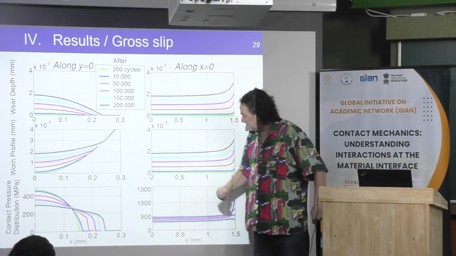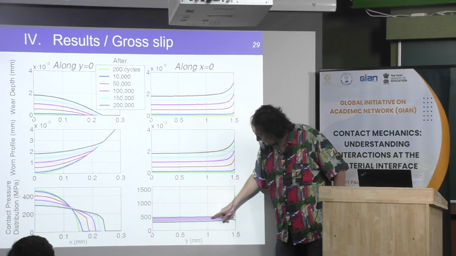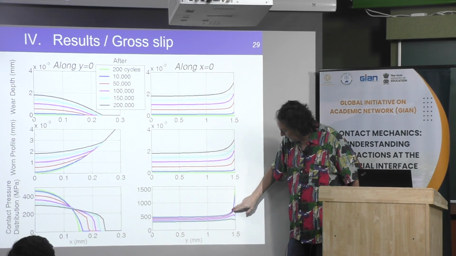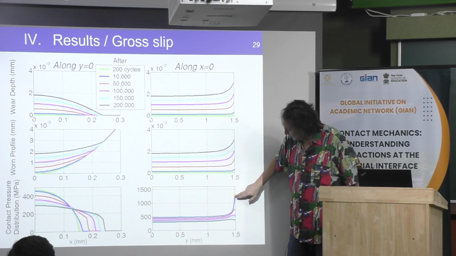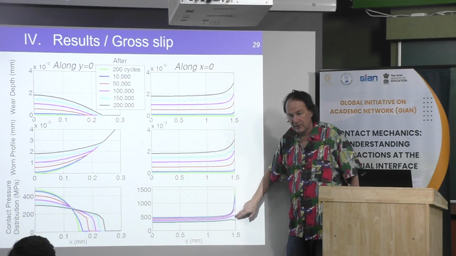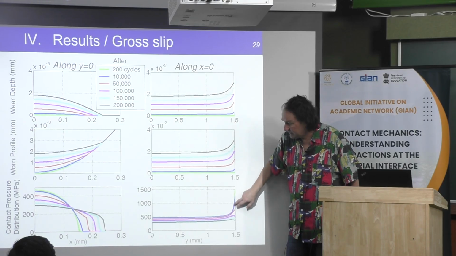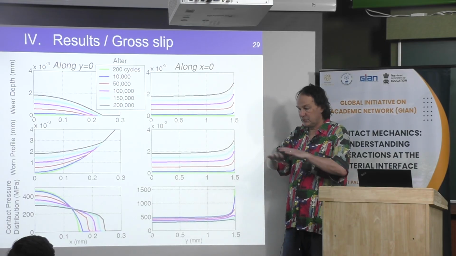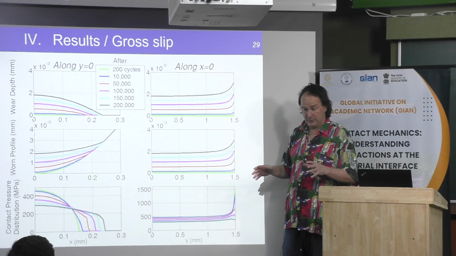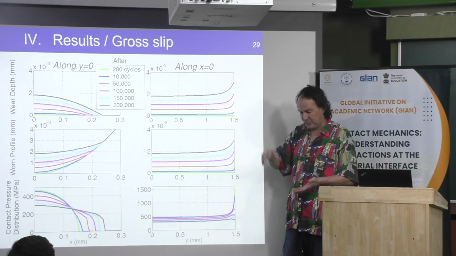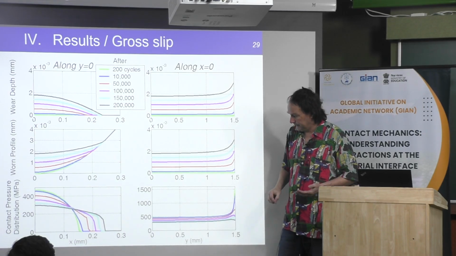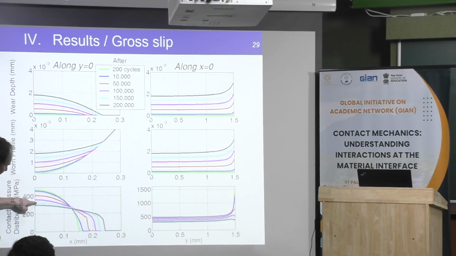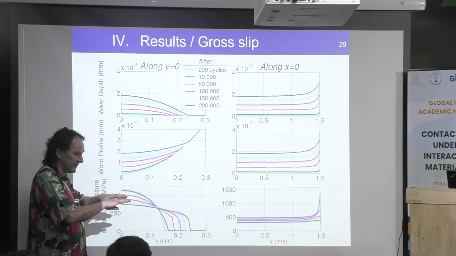After 10,000 cycles, you can see that there is some diminution of the maximum contact pressure here. And the peak is decreasing. And at the end, it will almost vanish. Of course, because when you integrate the pressure over the surface, you should keep the same load, because the load is constant here. We do not apply a displacement, we apply a load. In fact, the maximum pressure diminishes, and the contact area increases.